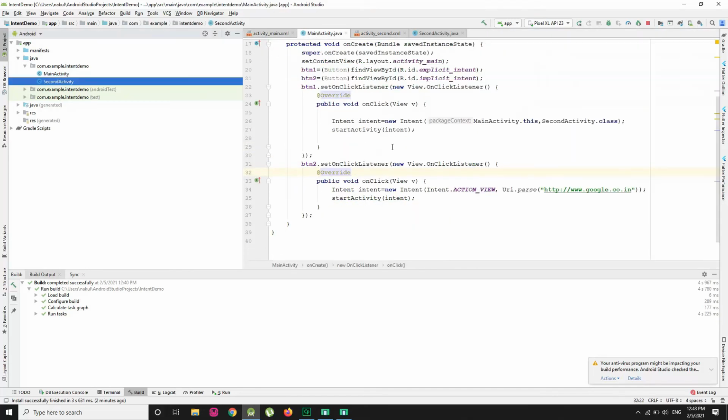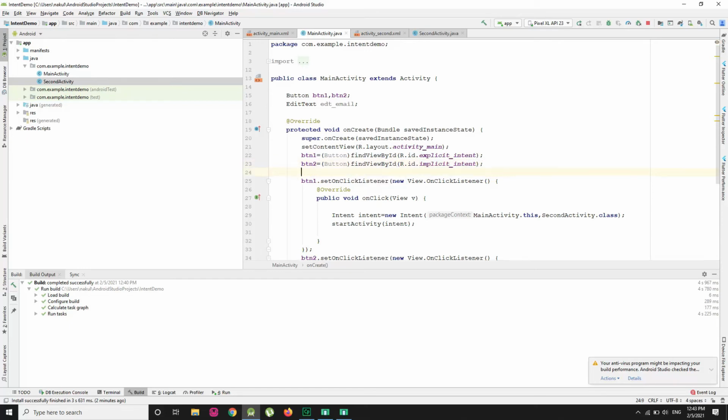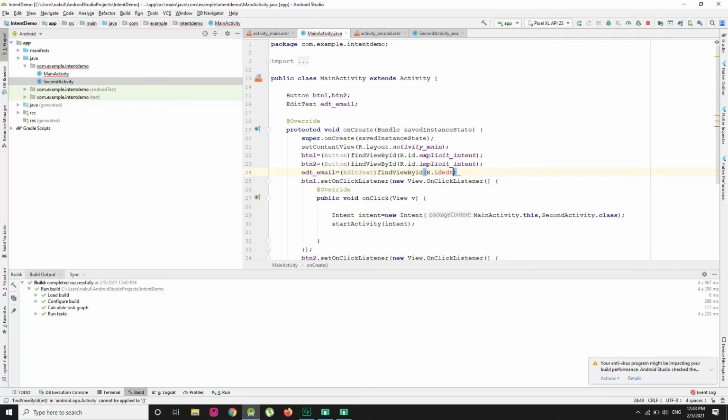So for that I have to create an object using EditText, ADT_email, EditText findViewById, R.id.ADT_email, right?